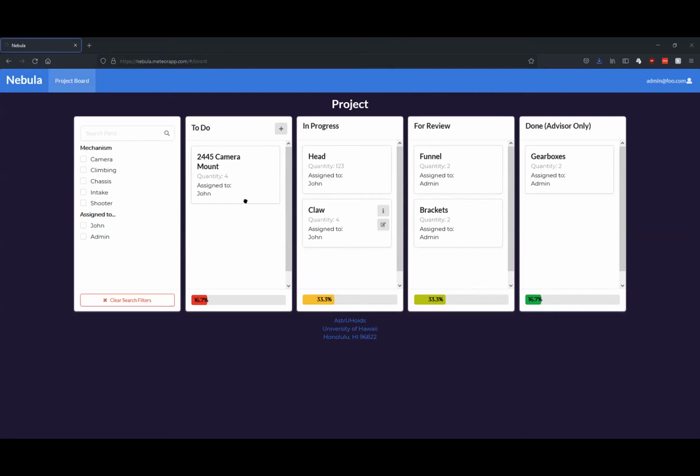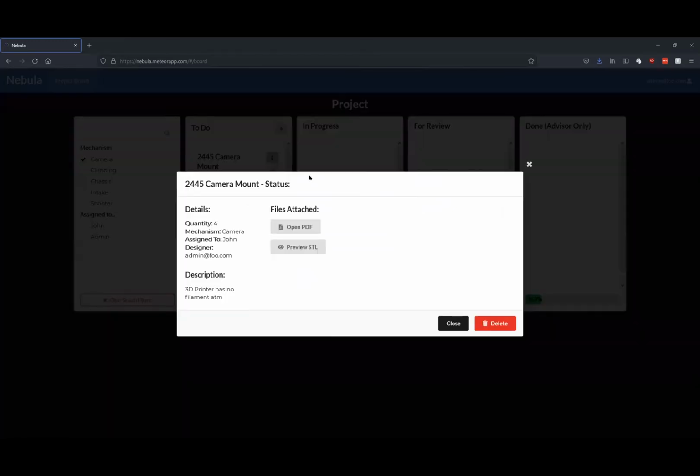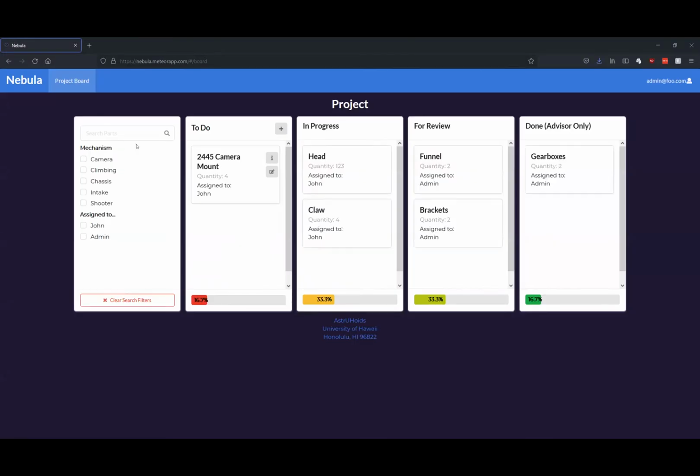The application's pretty simple. We have 5 cards. Starting from the left, we have the filter card. Clicking on any of these would filter down to specific ones. So there's mechanisms, which we can see in here, matches. And then we can also search by the part's name. If we enter 2445, we can see that it only shows the camera mount. Or if we do head,